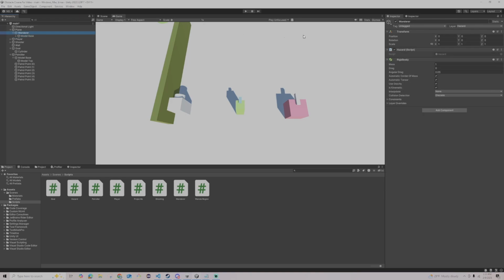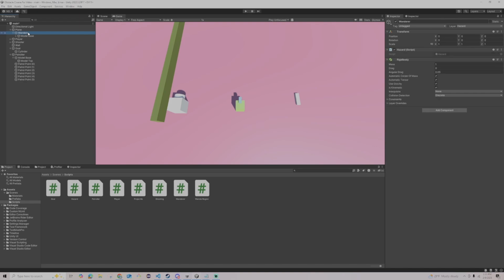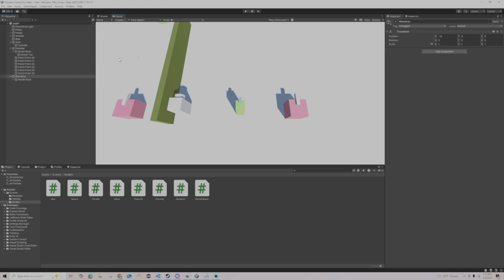Model base, we need to set it at 0, 0, and then this should be 0, 1.5, 0. Well, that's taking up the entire thing, it seems like. Let's undo this stuff. All right, so we're actually going to have to redo that. We don't want to start it under the plane directly. We want to first create it as its own separate child, and then we drag and drop it to a child of the plane. And so after that, we need to add the wanderer script to the wanderer,